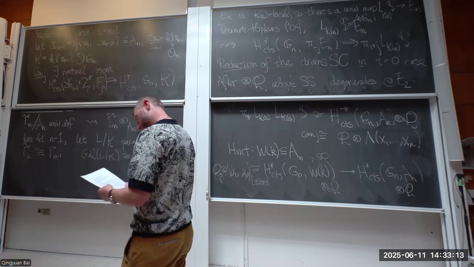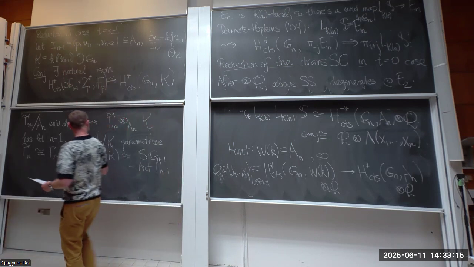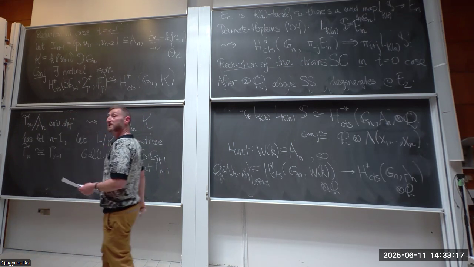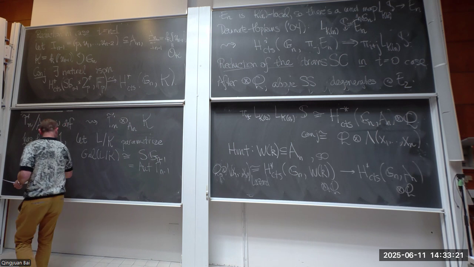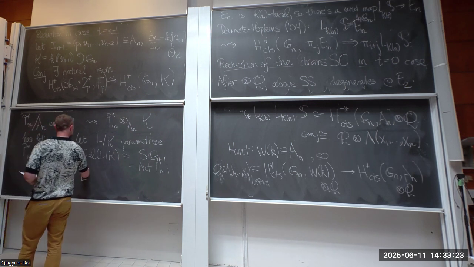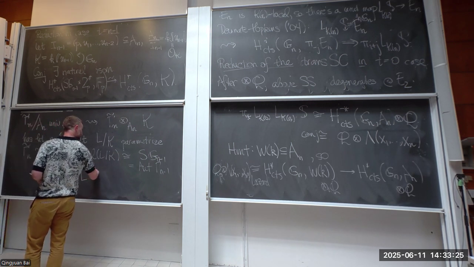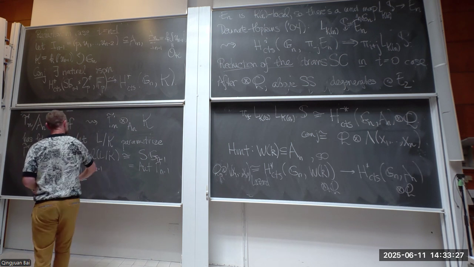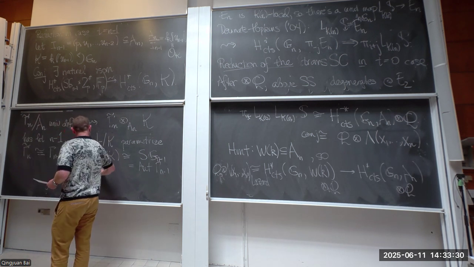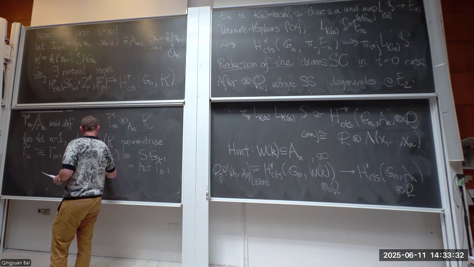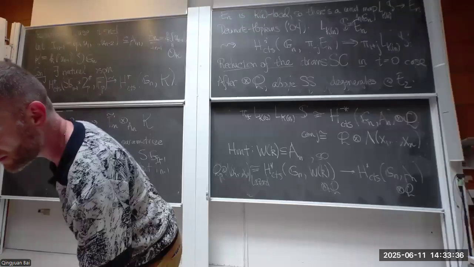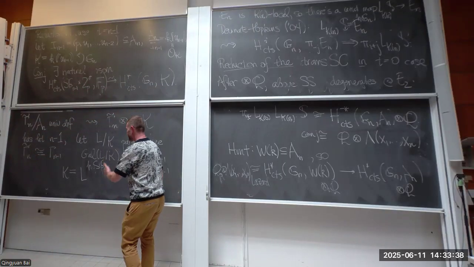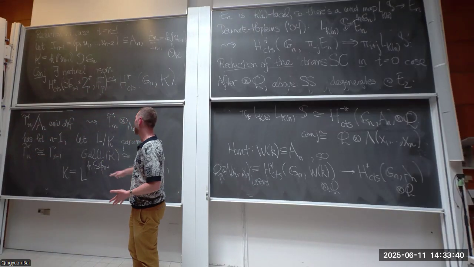So L over K is this infinite Galois extension with this Galois group. So I could write something like, hey, it's just the homotopy fixed points of SG_{n-1}. Basically because of the normal basis theorem, there's no higher